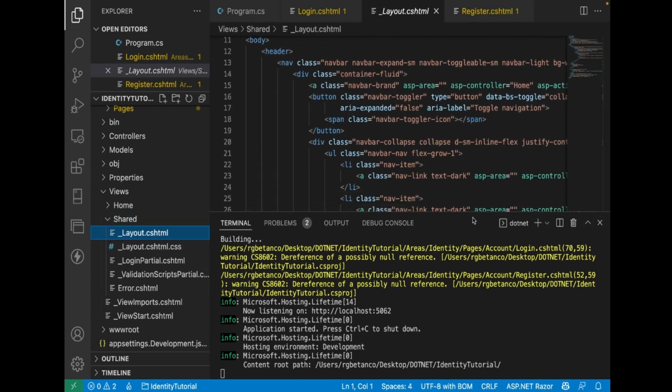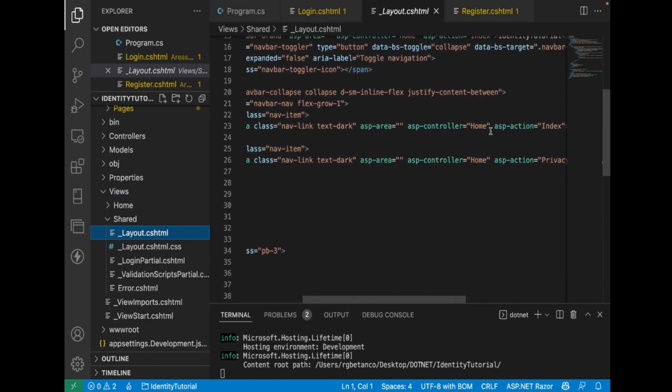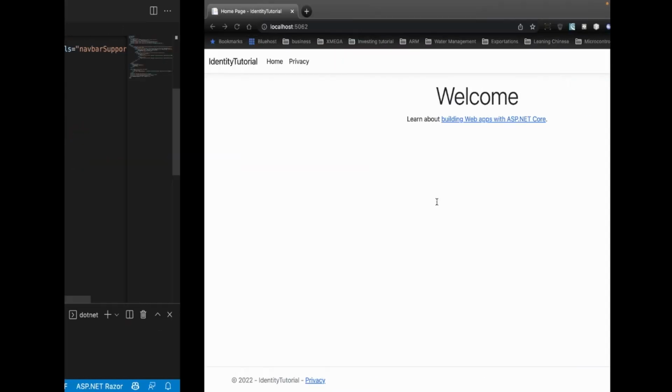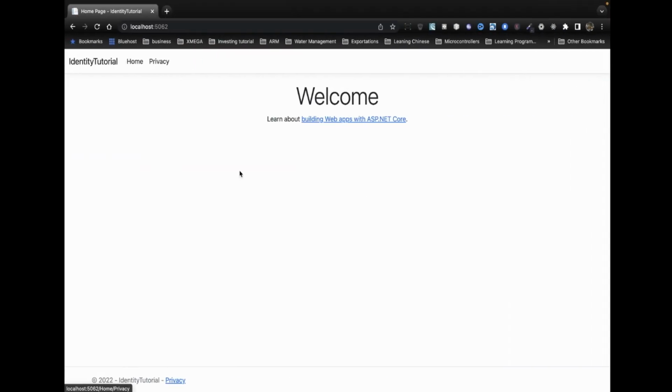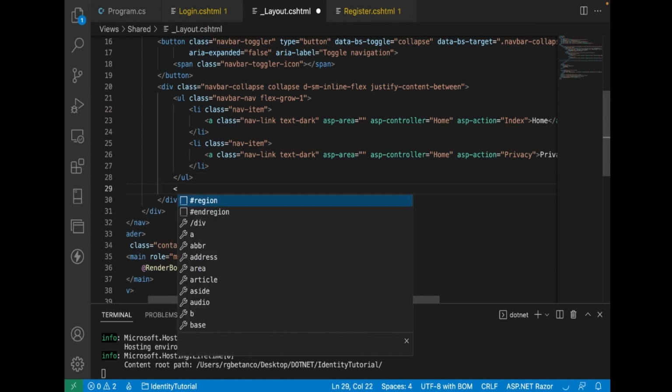Here there is the navbar. This navbar here, you see, give it more space. Home, privacy is this navbar here. If I add something after this